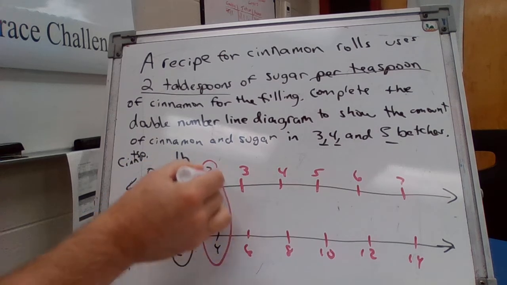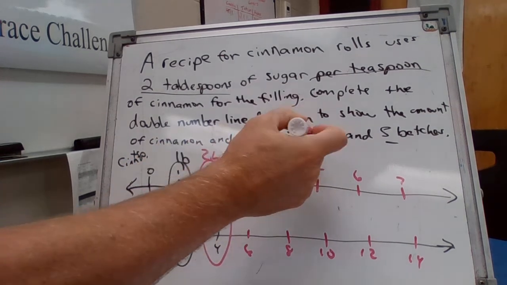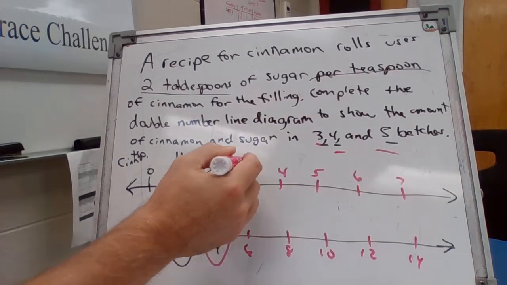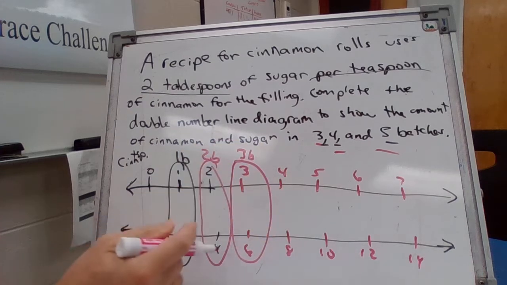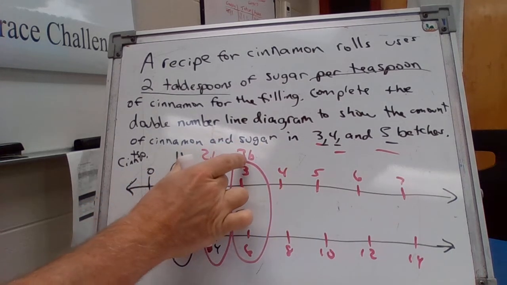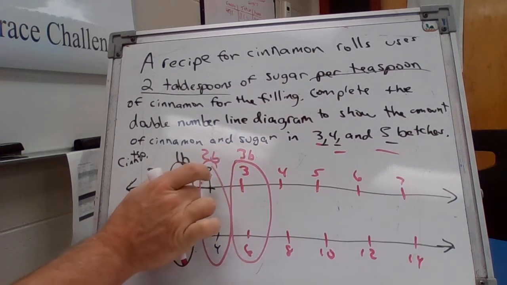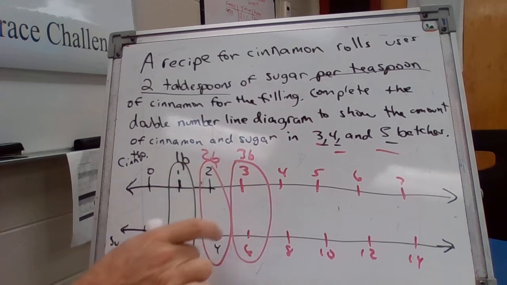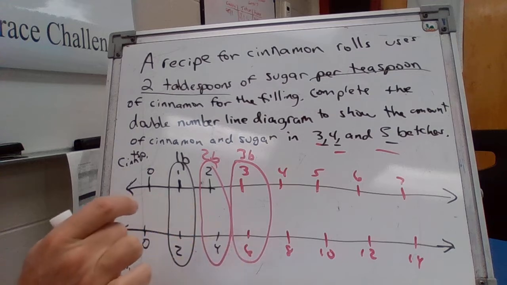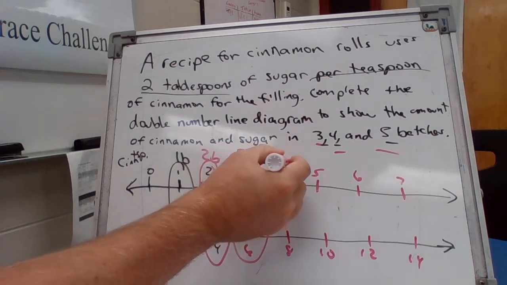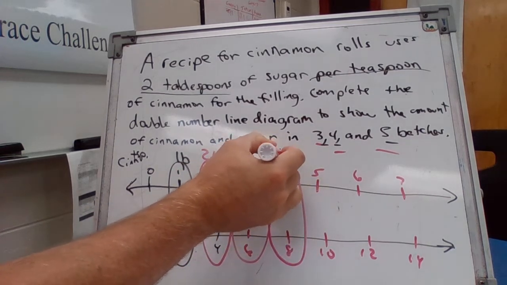Here's 2 batches. But that's just for 3, 4, and 5. So 3 batches. Look, how do you get from 1 to 3? You multiply by 3, right? So if one batch is 1, 1 times 3 is 3. If one batch is 2, 2 times 3 is 6. Okay? 3 batches, 4 batches,